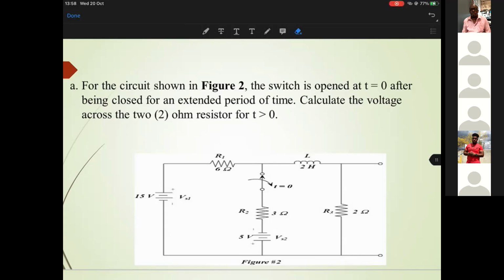All right, let me try Mr. Gill. Tarek, describe the circuit with the switch closed. Just describe the circuit that you have here. Tell me some special things about the circuit. All right, sir. Starting from the 15-volt source, you have the 6 is in series with the rest of the